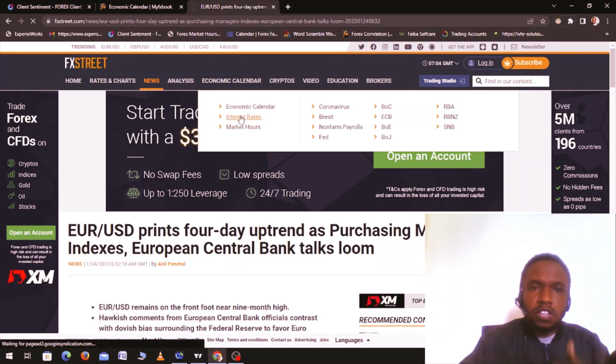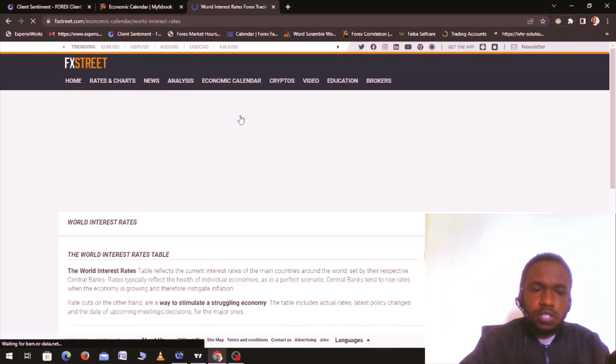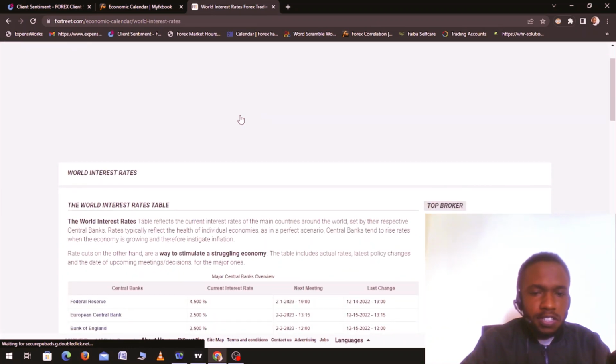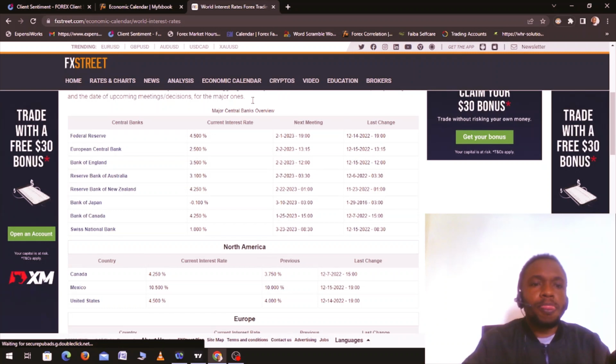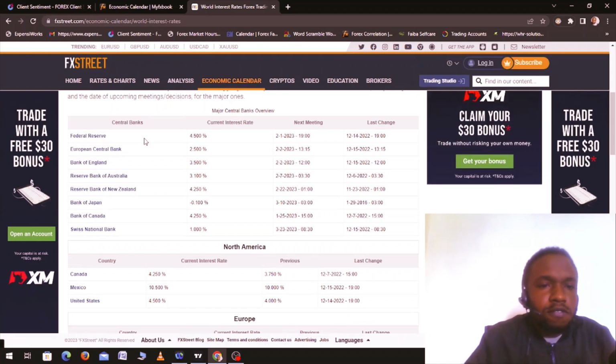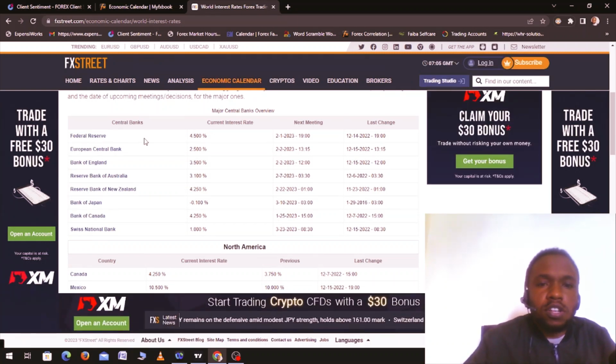Let's go to interest rates. You see what's going on with the interest rate of the different currencies, different banks. So the Federal Reserve, the central bank of the US. You can clearly see the interest rate is currently 4.5%,